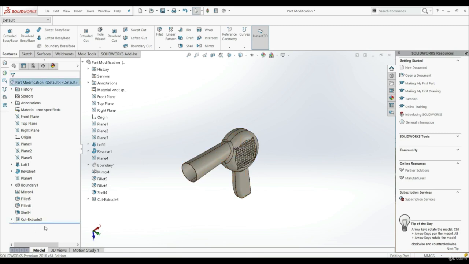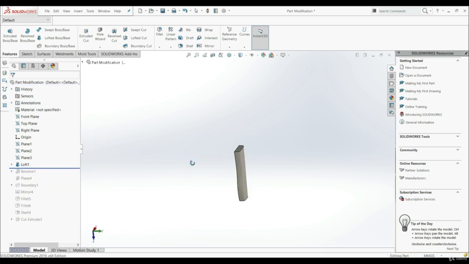Let's close this. And now if we want to see how this model was created step by step, we can go to this line here. And now we can see how the cursor changes to the hand. Now we can click here and we can drag this to the loft. And now we can go step by step to see how this model was created. So we can drag this down like this, and now we can watch step by step the creation of this model